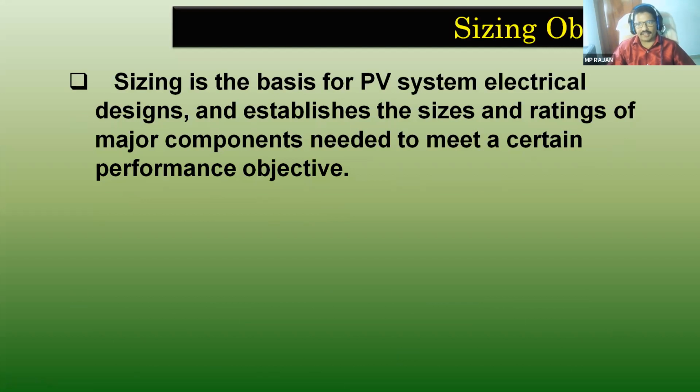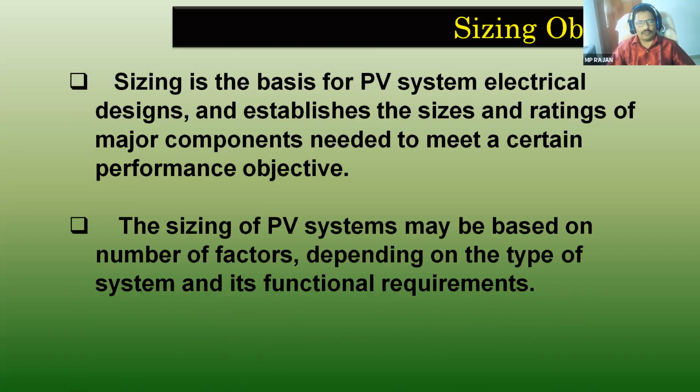If it is undersized, for example, your charge controller is undersized, capable of carrying only 50 amps current, whereas your battery is taking 60 amps current, then it will be a problem. Your charge controller will get damaged. So each equipment is interrelated. It is in sequential order. So we should know the ratings of it. For that purpose, we are calculating and designing the things.